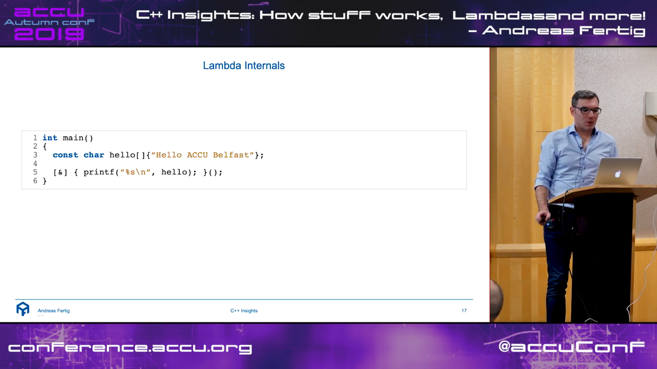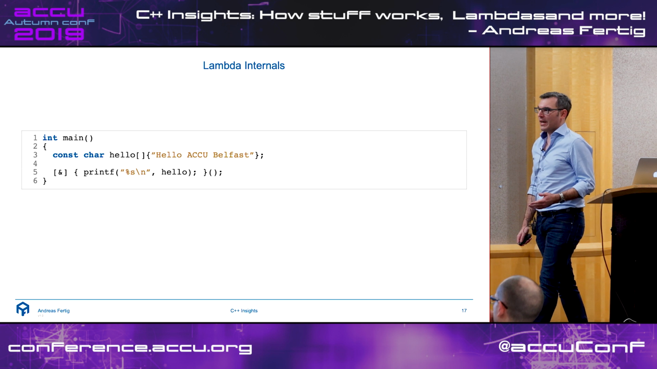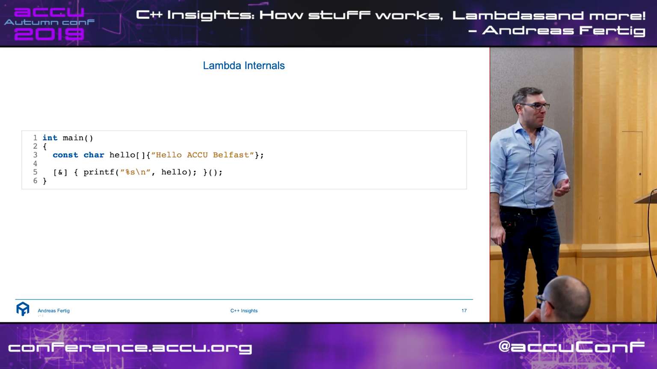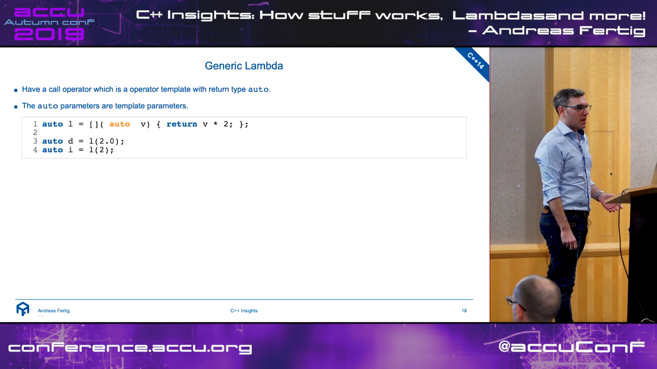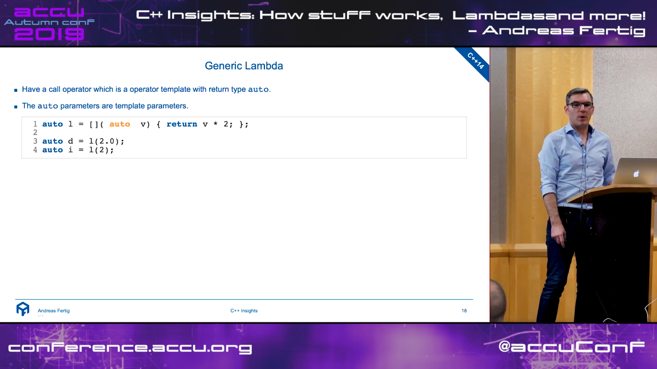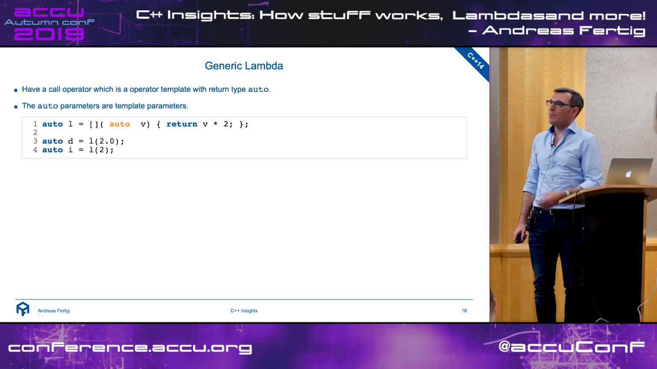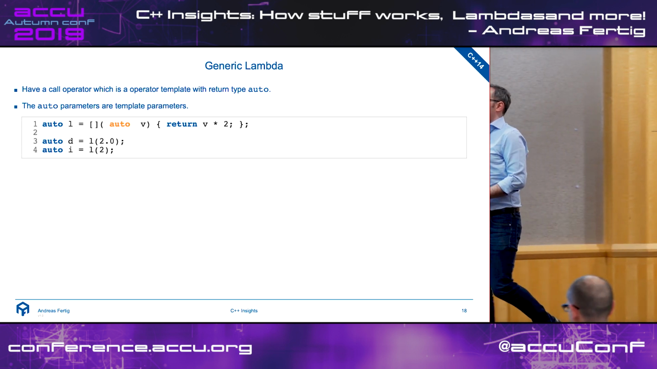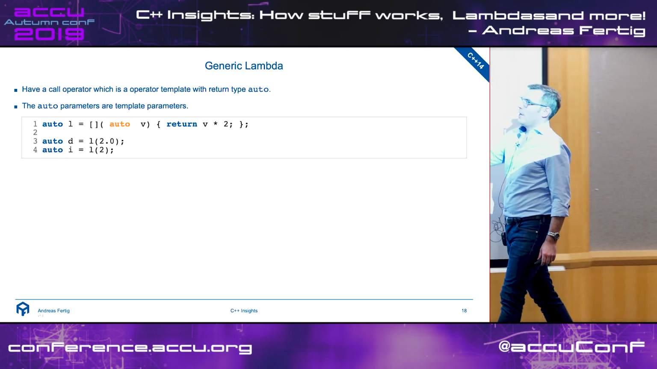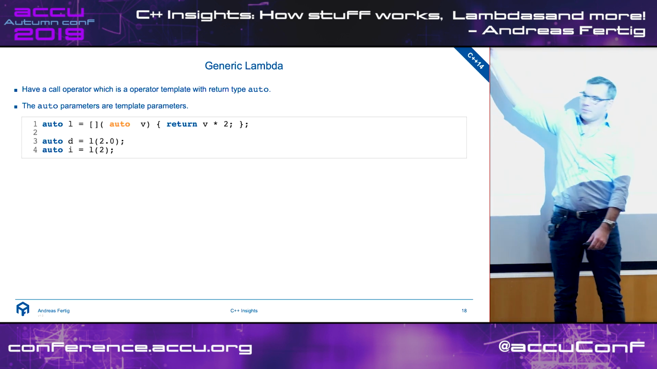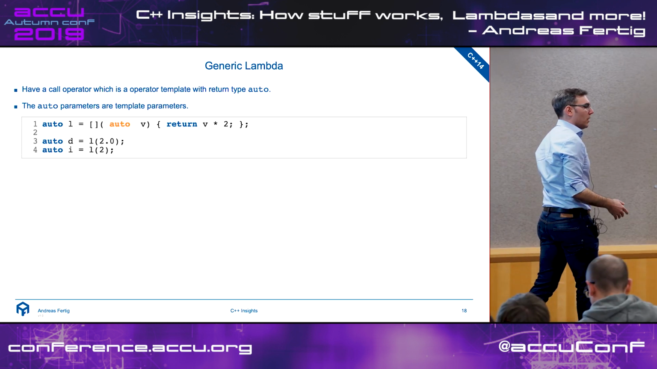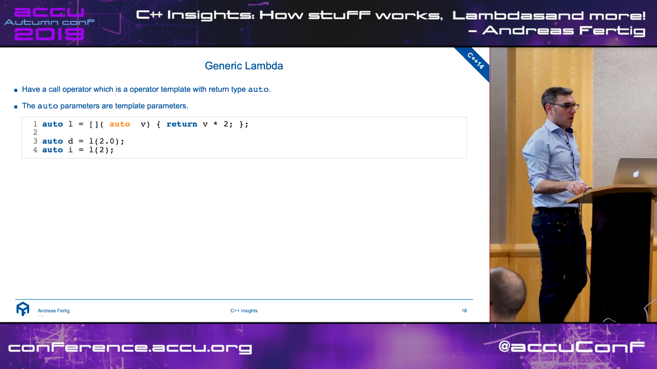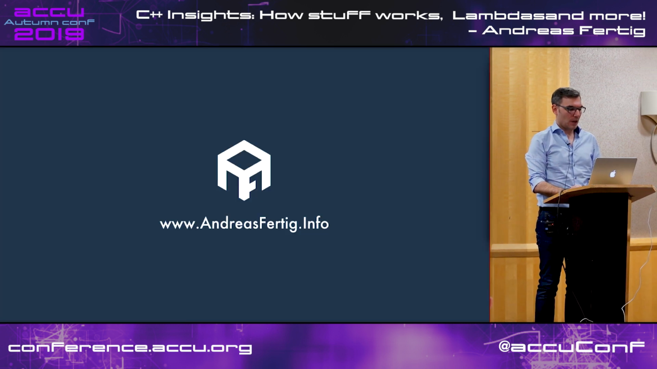Lambdas are one of the things, I don't know how many there are, which got updated with each and every standard we had since 11 so far. So with C++14, we got generic lambdas. Generic lambdas means that I can now have a lambda which takes an auto parameter. At this point in time, it's the only place where you can put a single auto in a parameter of a function. And what this does in the background,